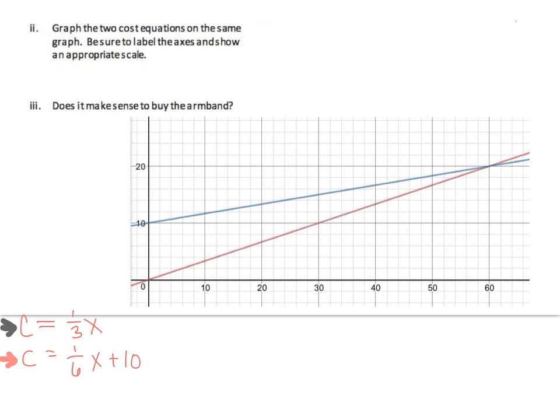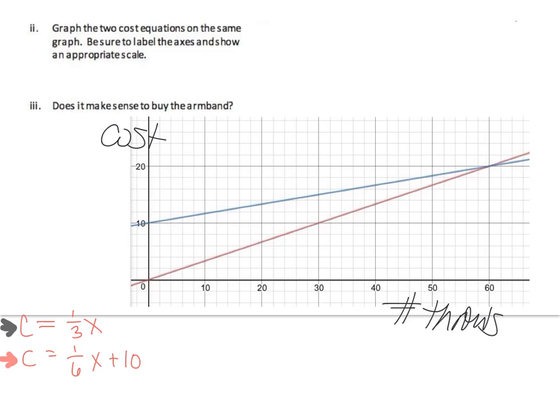I just went into Desmos and graphed one really quick. Now we can actually see where they cross. But I didn't label my graph, did I? Well, that's bad. Because the instructions say be sure to label the axes and show the appropriate scale. So here I have cost, which is my y-axis, and number of throws, which is my x-axis. My scale is spot on what you see.